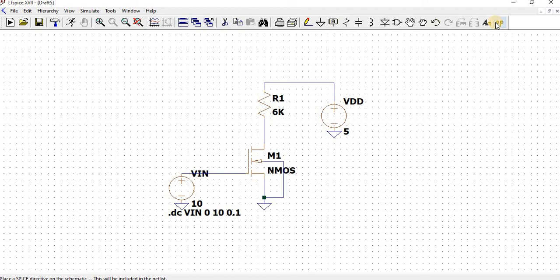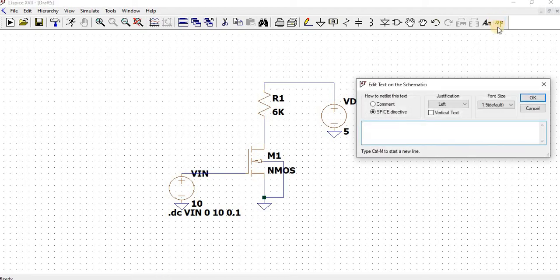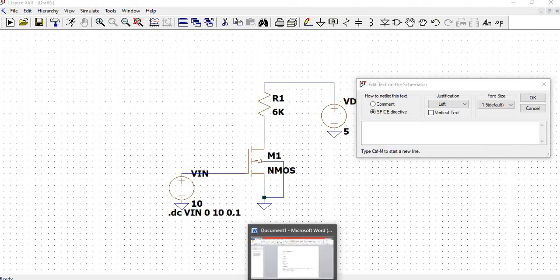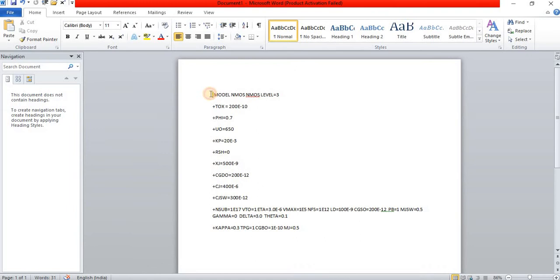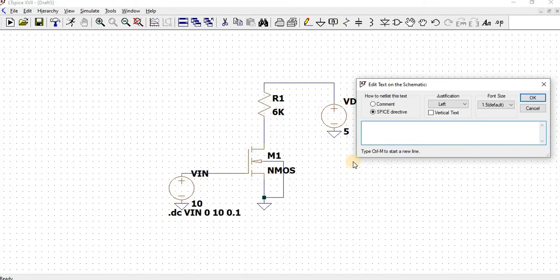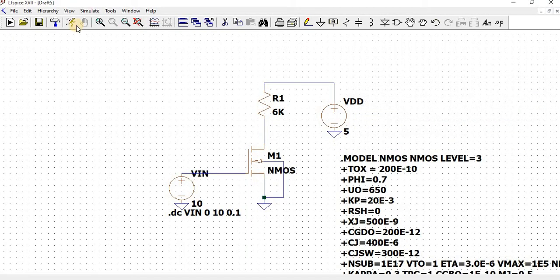First, copy from the internet and paste it, and otherwise go to .op, choose SPICE directive and write the code. I already wrote the code, so simply copy it from here and paste here. Run the schematic.